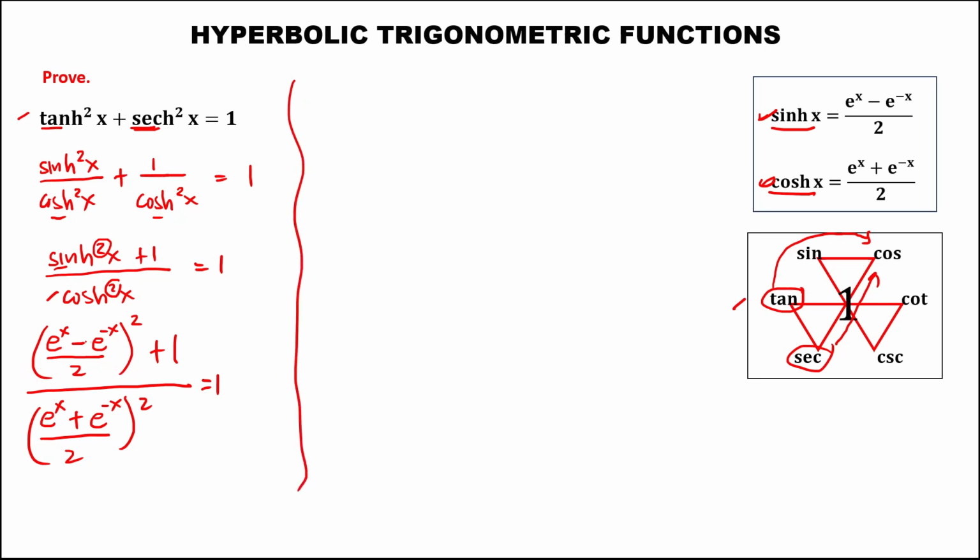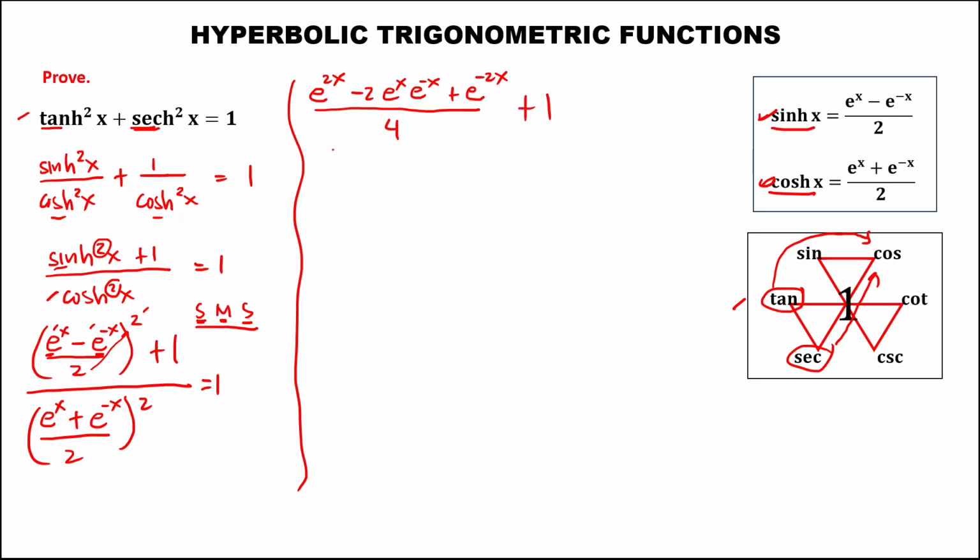Then to simplify, for the numerator, using the square of a binomial, the square of the first term is e to the power 2x, then multiply these three numbers, 2 times negative e to the power negative x times e to the power x, so this is negative 2 e to the power x and e to the power negative x, then plus the square of the second term, e to the power negative 2x, over 2 to the power 2, that's 4,